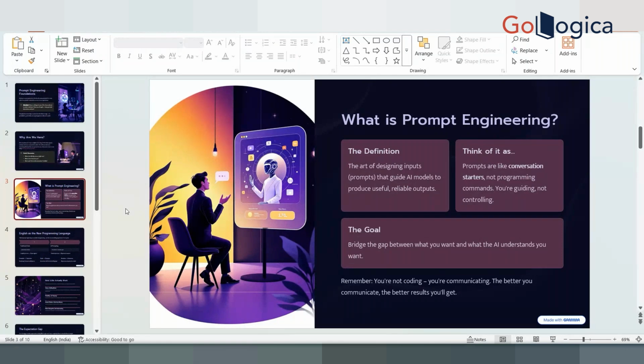Thomas, any idea what a prompt is? A prompt is just the input to the AI, where we can ask it something, ask it to do something, or ask it to research something. And prompt engineering would be how to better ask it. Right. Okay. So both of you have the right idea of what a prompt is. You are looking in the right direction.